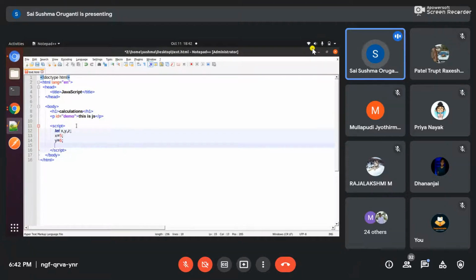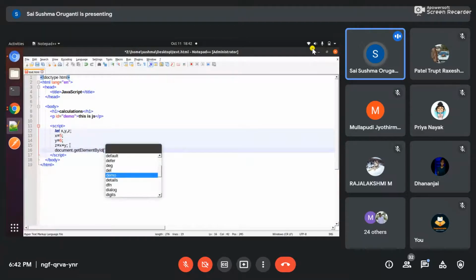I want to add X and Y, so Z is equal to X plus Y. I'm declaring the numbers X as 5, Y as 6, and adding these two numbers. So now document dot getElementById demo.